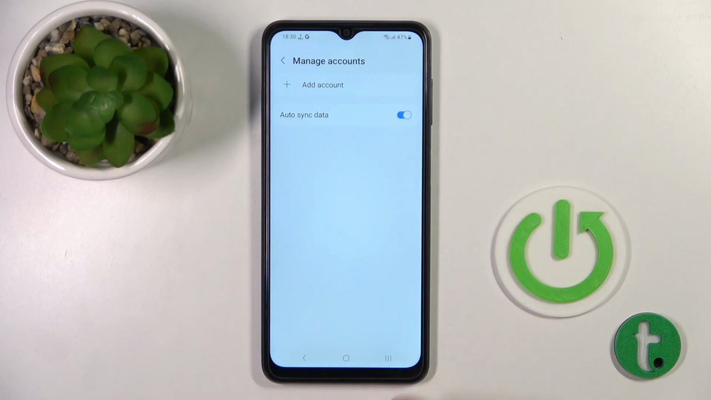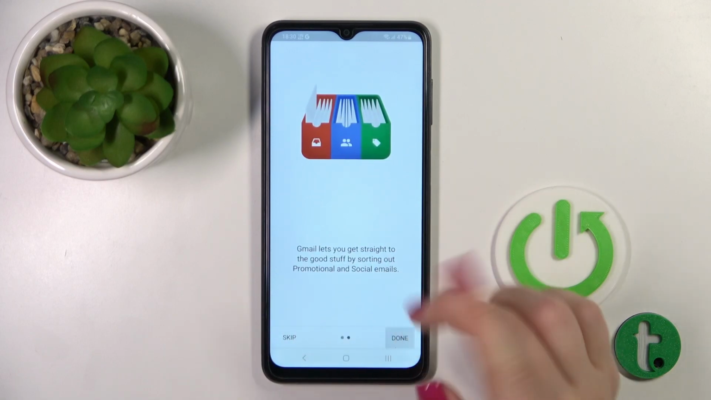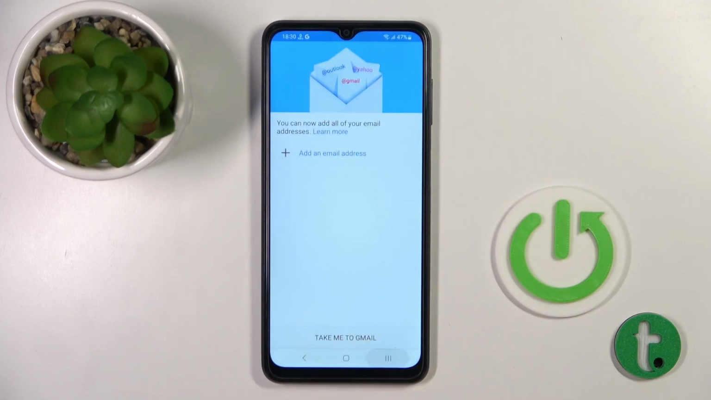Now in Google account settings we can see that we just have no any logged in account, so let's go back to the application, and also in the app we can see that we just successfully logged out from Gmail